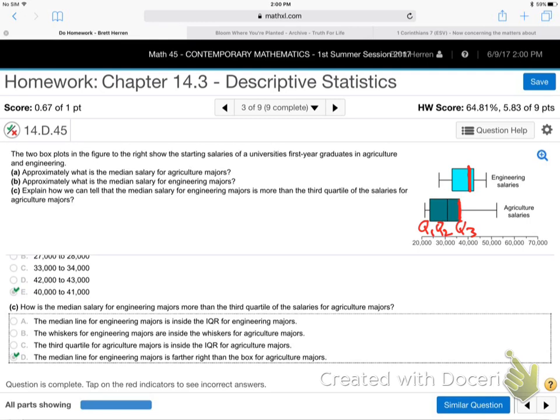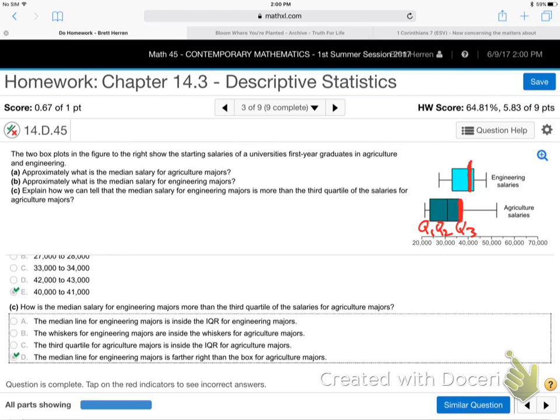The engineer salary here, the middle, the average engineer salary, is more than the top, not the top, but the end of the third quarter. 3/4 of all the ag people, right? 75% of all the ag people. How is that? Well, it's just the median line for engineering is further to the right than the box is